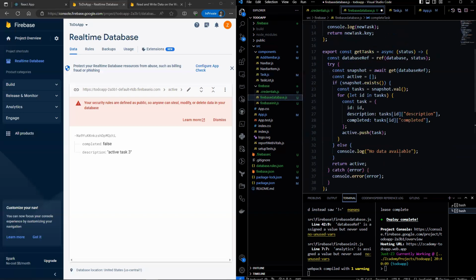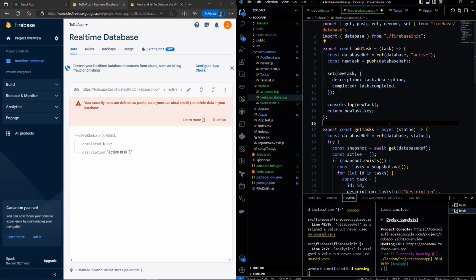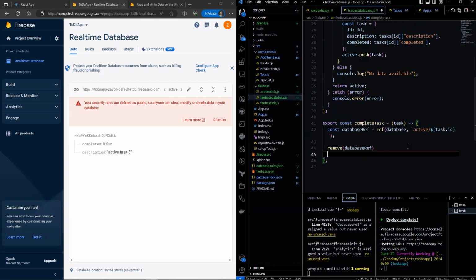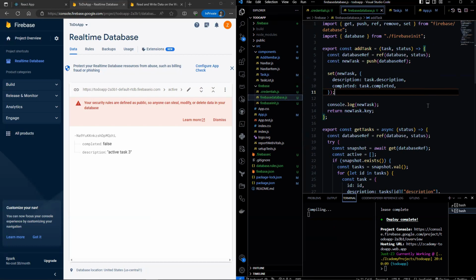Then we can use the addTask function here as well to add the task to completed. We will have to make minor tweaks to this function as well. Let's give this a status as well and replace it with status.